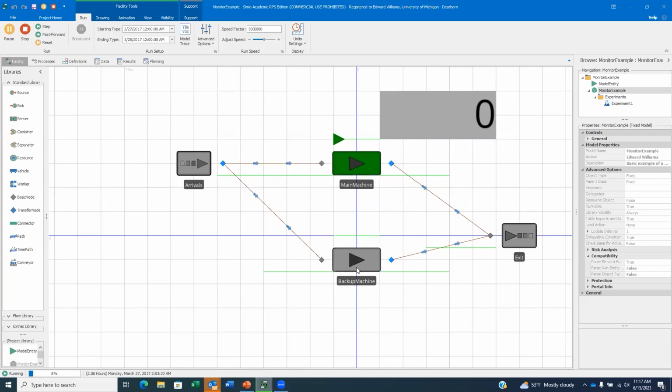And it won't be too long before we see a part go to the backup machine. There's the first occurrence. I told the model, put that on the screen in case of interest. The model can be fast forwarded. And even better yet,